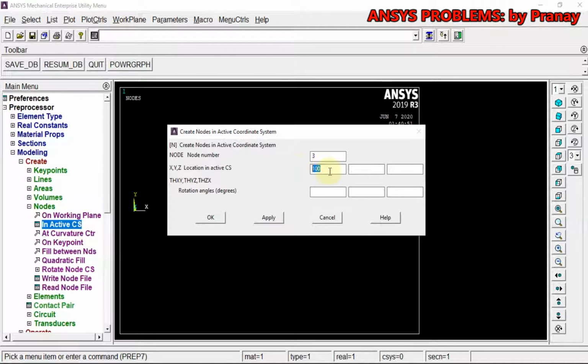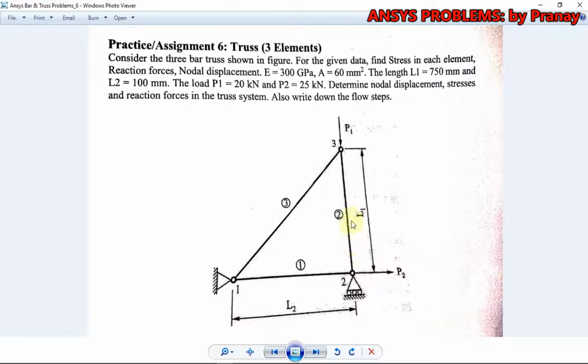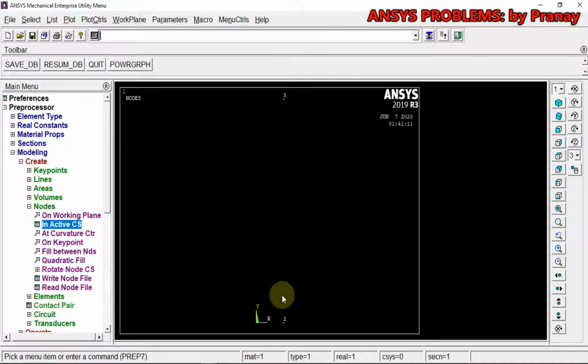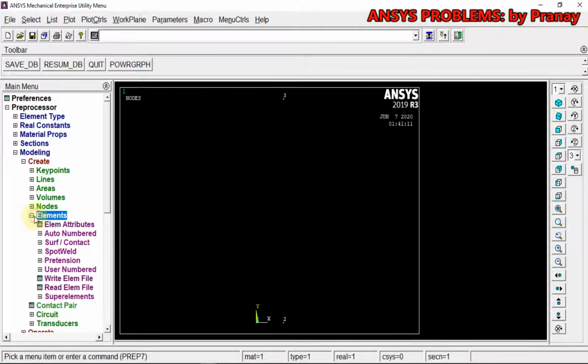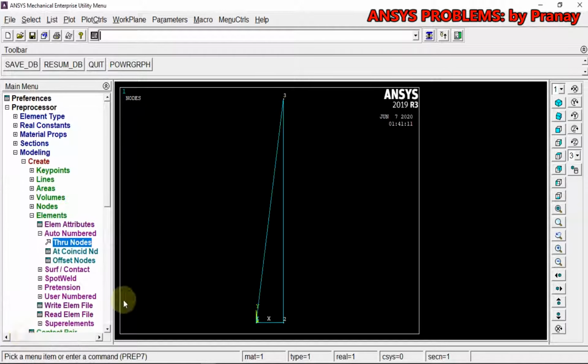Third node is at 100 and in y direction 750. Click OK. So these are the three nodes that we are getting. So I'm going to use element auto numbered through nodes. 1 to 2 is the first one, 2 to 3 the second one, and this is the third one.